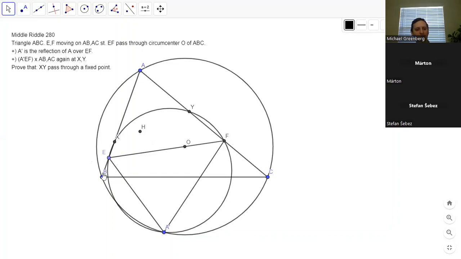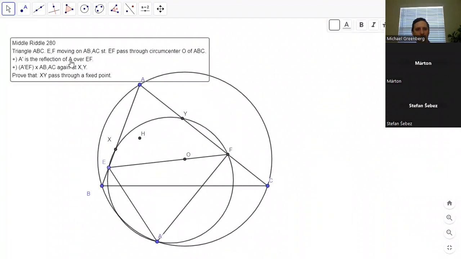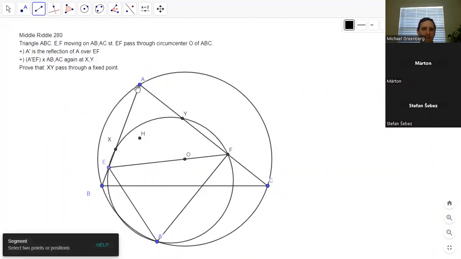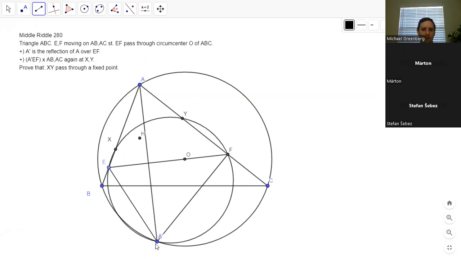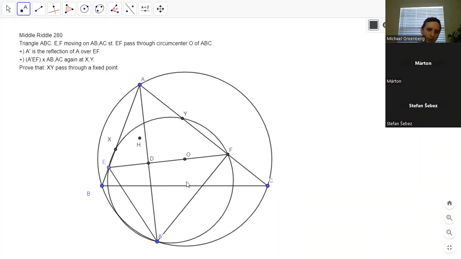It looks easy. These are perpendicular. So how to show